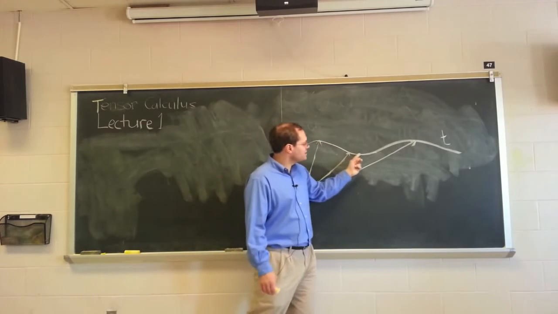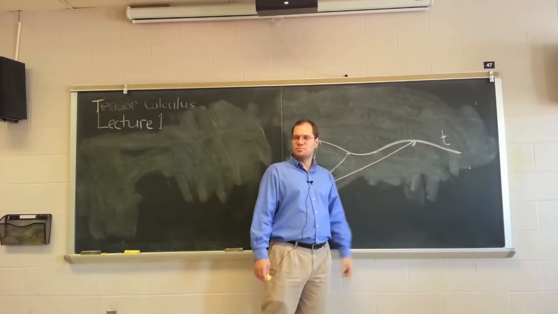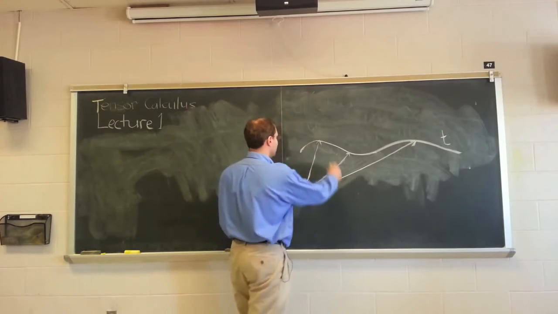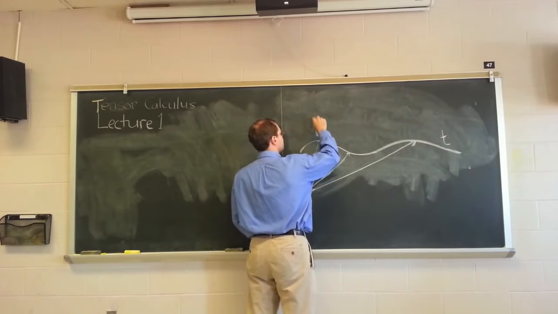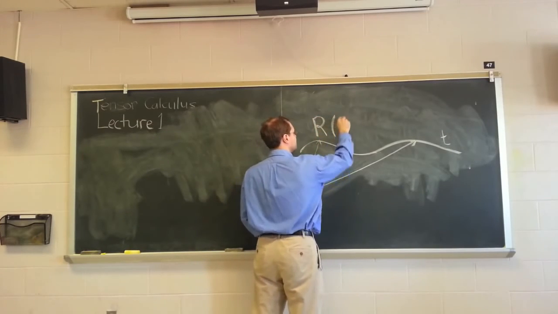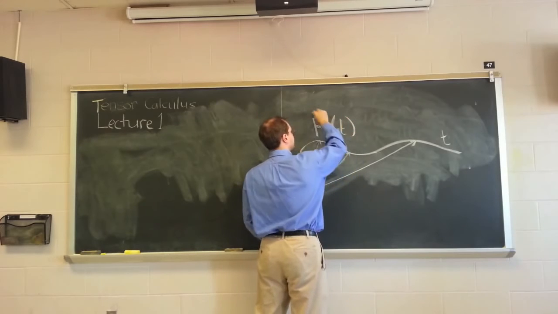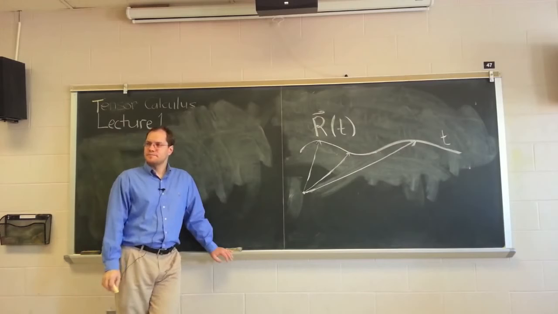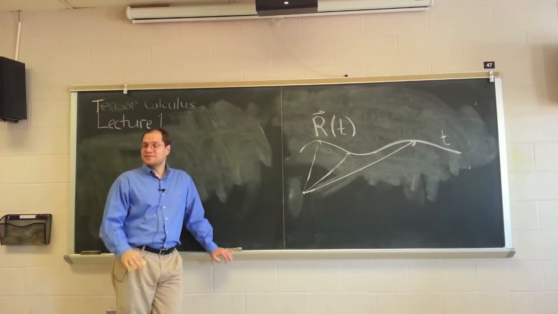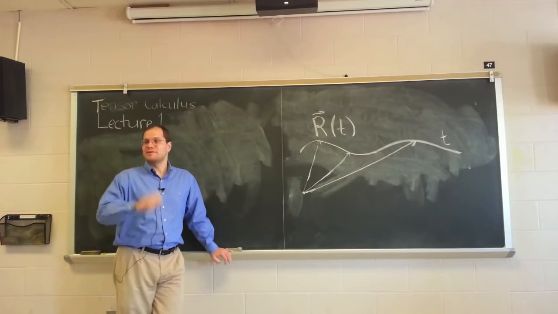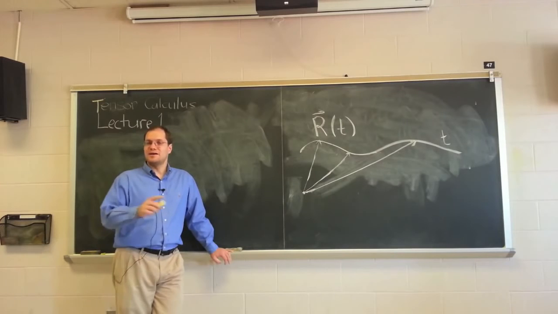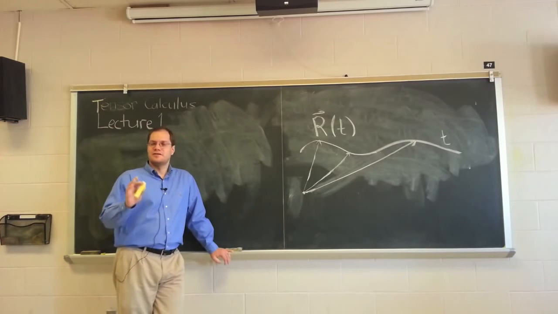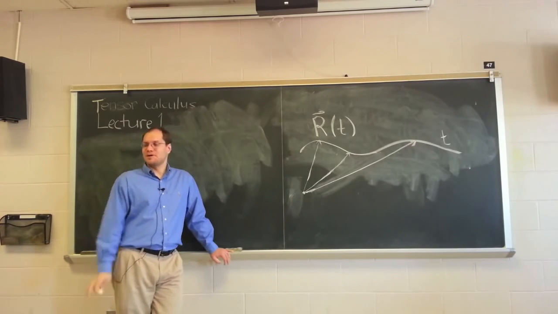But once we assign a parameter to each point on the curve, now the position vector becomes a function of time. Now the position vector becomes a function of time. And when you have something that's a function, not of time but of a parameter t, now that r is a function of some parameter,